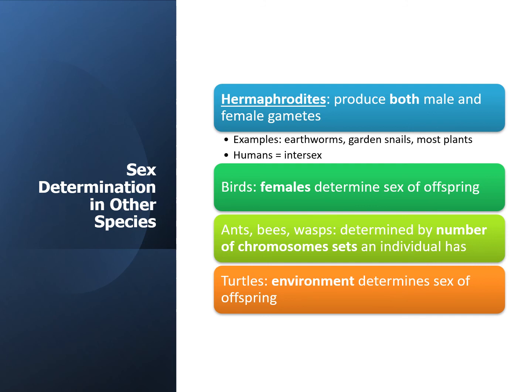It's kind of cool. Ants, bees, and wasps are going to be determined by the number of chromosome sets an individual has. For example, male ants, bees, and wasps are going to be haploid. That means they have half the number of chromosomes as the females, which are going to be diploid, which, crazy stuff. It's so interesting and so cool. What happens is you'll have a male if the egg is unfertilized, or a female if the egg is fertilized. It's just so cool. I mean, tell me it's not.